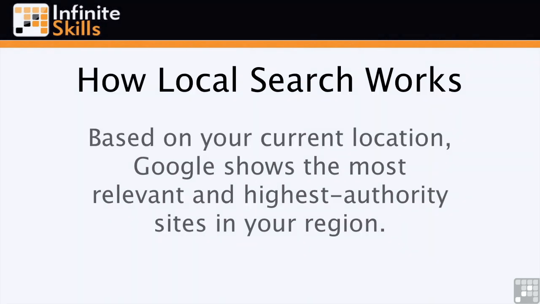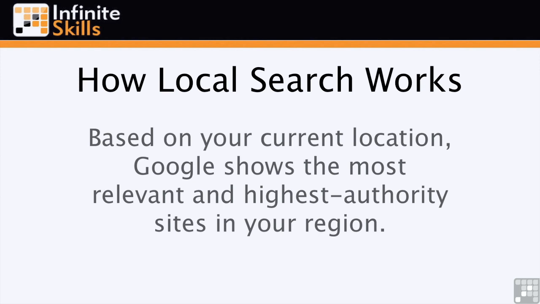When you search Google, it's actually aware of what city you are in based on how you're connected to the internet through your ISP, or internet service provider, or if you happen to be logged into your Google account. So when you search for a certain type of keyword, Google will display relevant local results as opposed to results from all over the world. Let's say you're in San Francisco and you search for plumber. Considering that you're in San Francisco, chances are you're not interested in plumbers in Florida. By displaying a local subset of all the results that Google knows about, they are delivering much more relevant search results to the users.